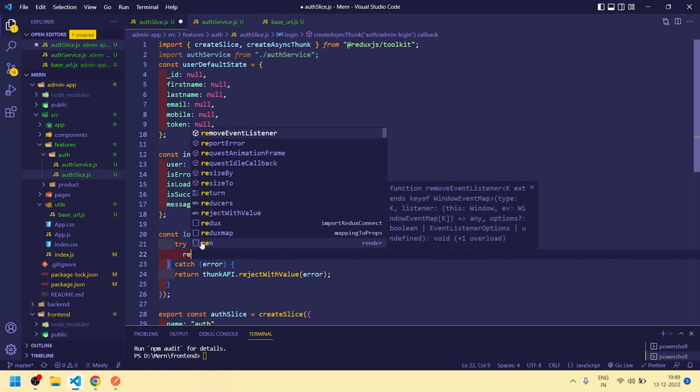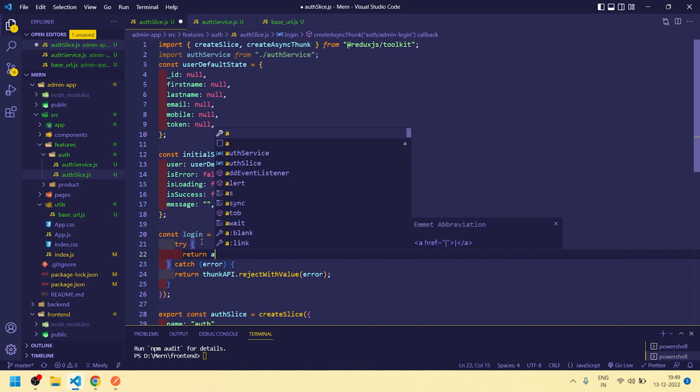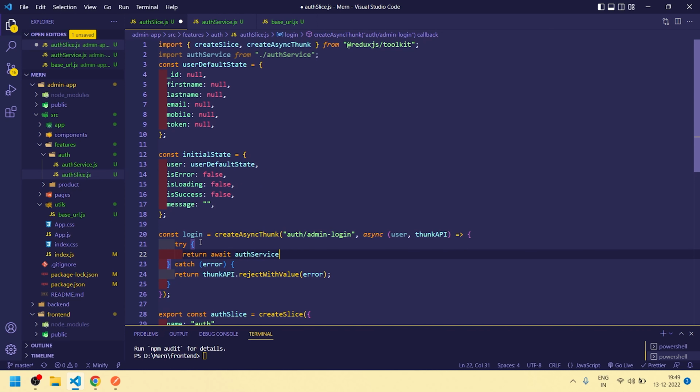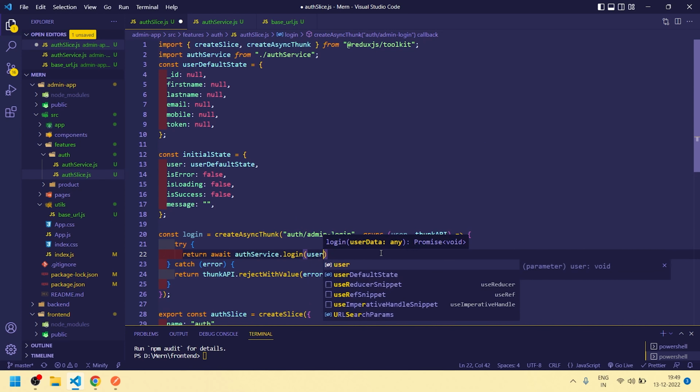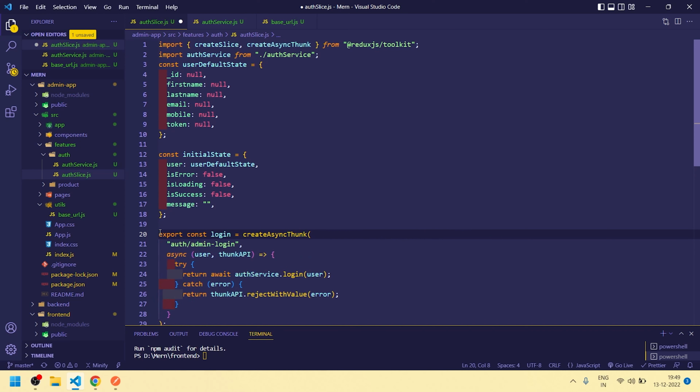Okay, otherwise return await authService.login user. So we are done with this reducer. Now export it. Okay, so after that what you have to do is